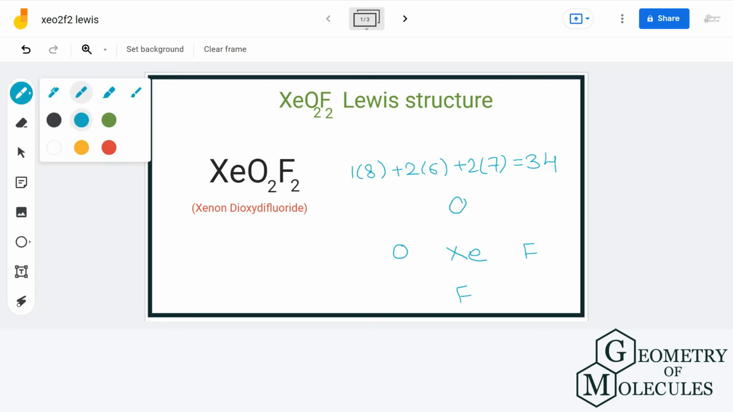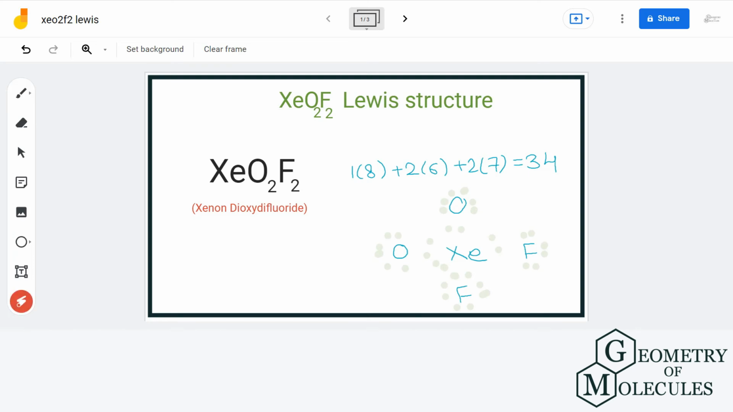For the arrangement of electrons, let us put a pair of electrons in between each atom for bond formation. This way we have used a total of 8 electrons and we are still left with 26 more that we will arrange around fluorine and oxygen atoms to complete their octets. We are still left with 2 more and xenon can expand its octet, so we will assign it the remaining 2 electrons. Now this structure might look promising, but when we calculate the formal charge, we can see that xenon